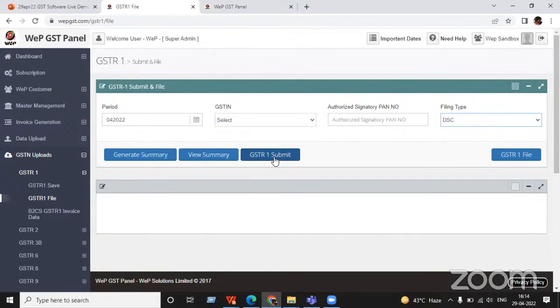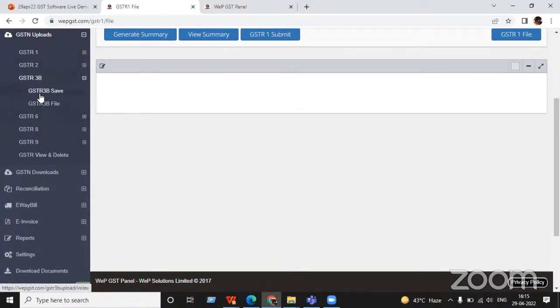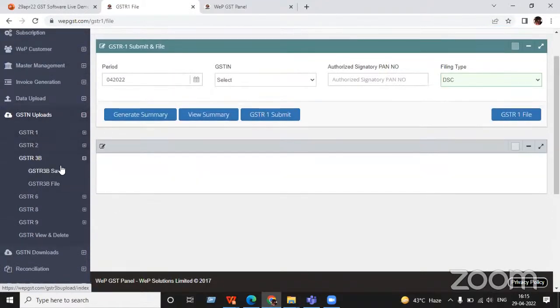So what is GSTN submit over here? GSTN submit means your data for that particular period will be directly pushed to the government portal now, and then you have to do the filing. For the filing, you can do it from this platform itself. So you have to click on the GSTN file, and the filing for that particular period you have selected will be directly filed to the government portal, and the same will be reflected in this portal also. So this is for the GSTN upload, and it is similar for all, like for the GSTR 3B. If you follow the same procedure which I told you for the GSTR1, you can directly push the data and directly file from this platform itself.